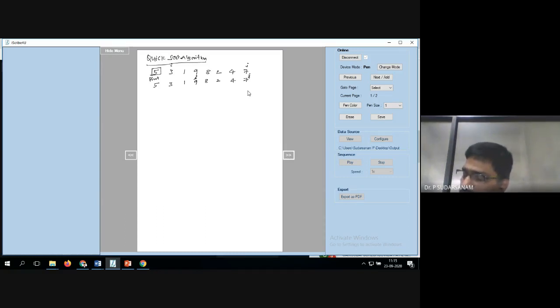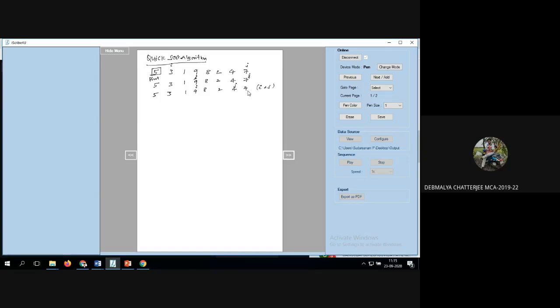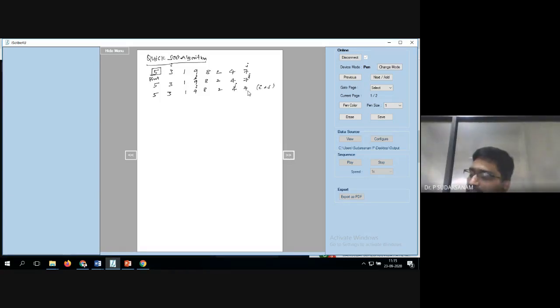I'll write once again: 5, 3, 1, 9, 8, 2, 4, 7. Now this is the value. Now I less than J. I value is less than the position. That means if you want, you can write the positions here: 0, 1, 2, 3, 4, 5, 6, 7.